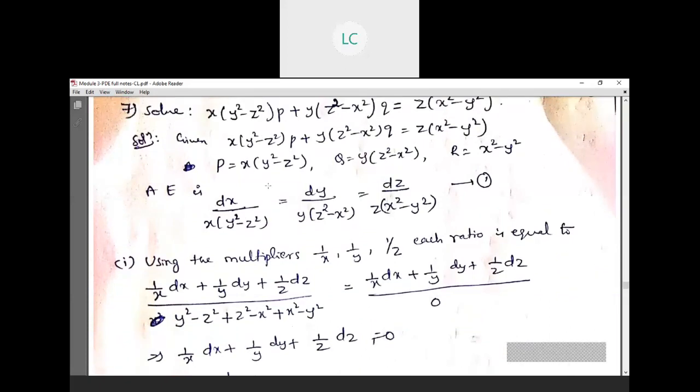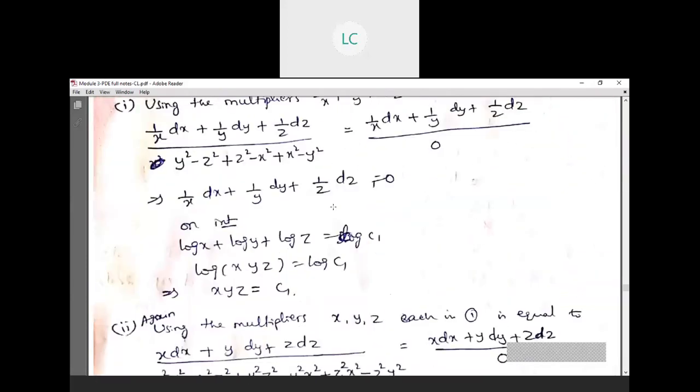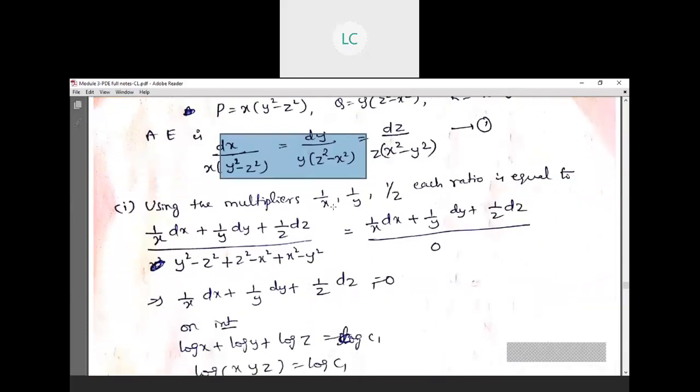Now observe, is it possible to make a pair? Observe first and second. Is it possible to make these two terms a pair? Guys, first you should know one thing. Suppose the denominators are in multiplication form, then sometimes we can make a pair. But if it is either addition or subtraction form, we can't make a pair. Here we have subtraction form, right? So we can't make any term a pair. That's why here to find both u and v, we should go for the property. There we should use the property only.